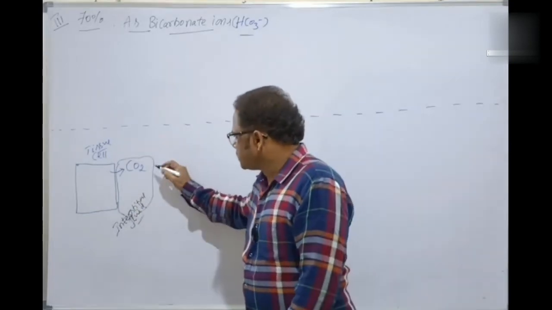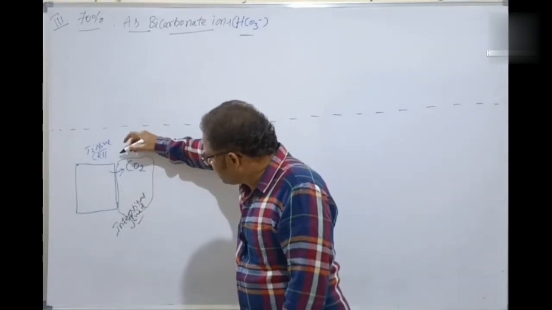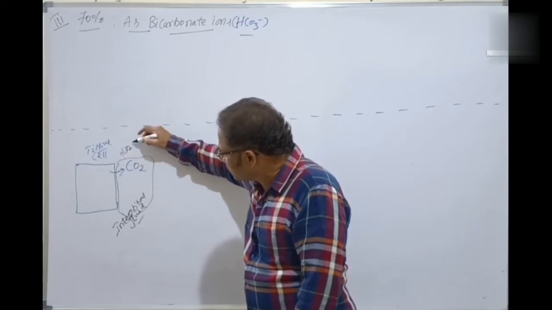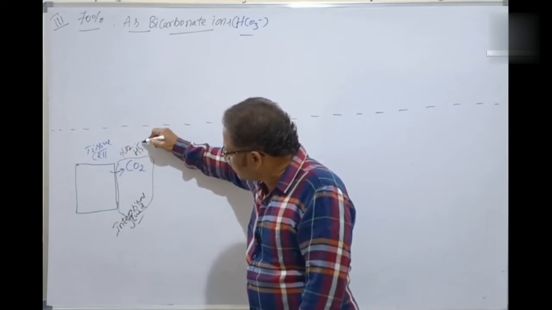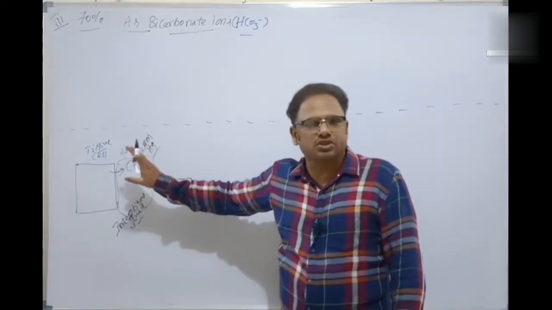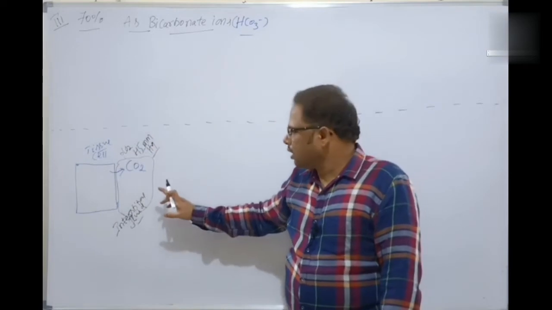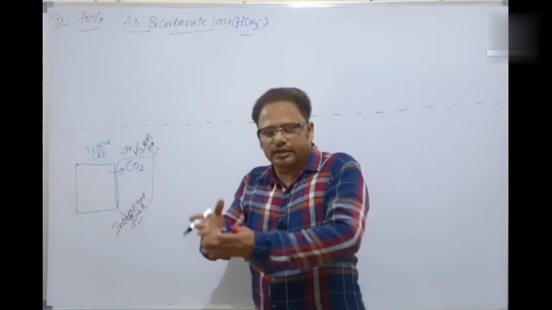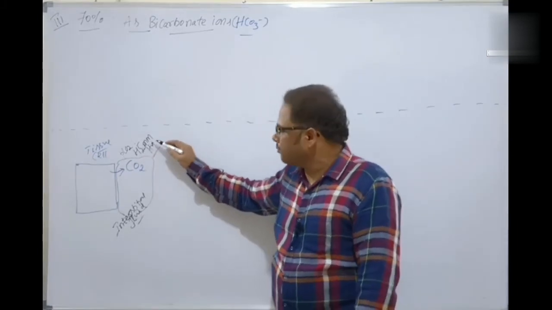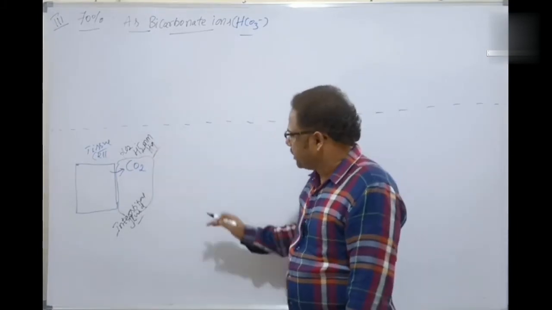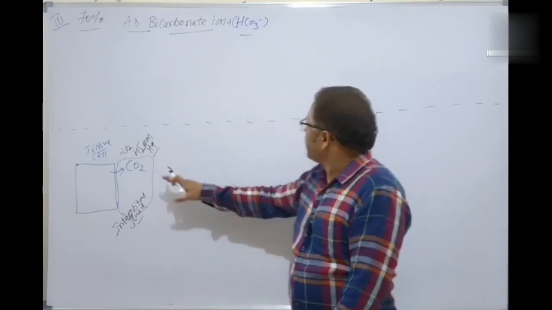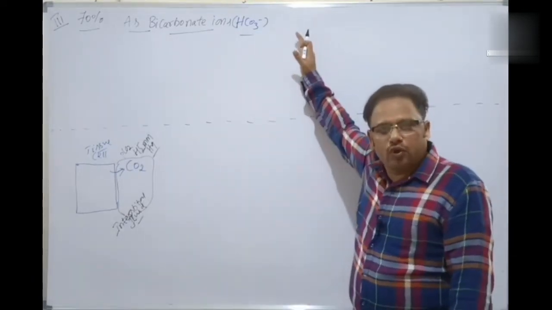Okay, students. Here, what is the partial pressure of carbon dioxide? PCO2 is very much higher. How much is that? 45 mmHg, millimeters of mercury. High partial pressure of carbon dioxide is present here because more carbon dioxide is released now. Now this has to diffuse into which one? Blood, because it has to get transported to the lungs, the alveoli, isn't it?